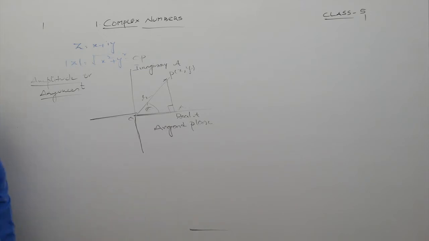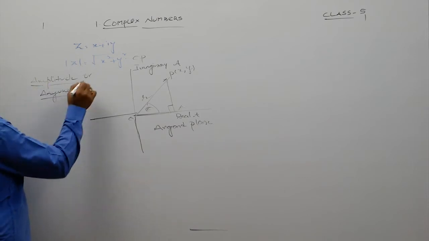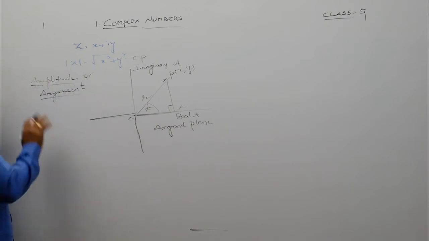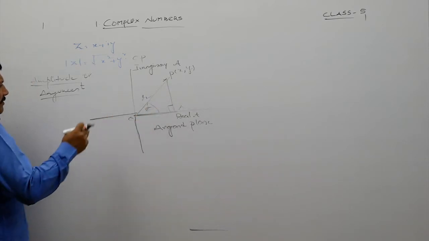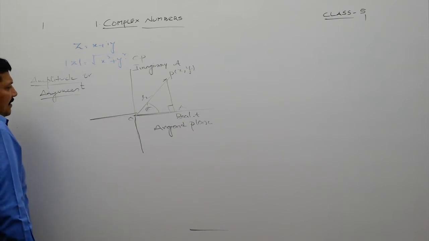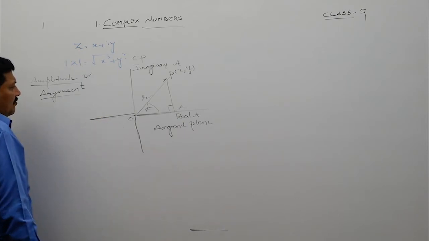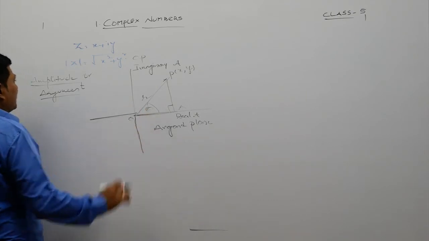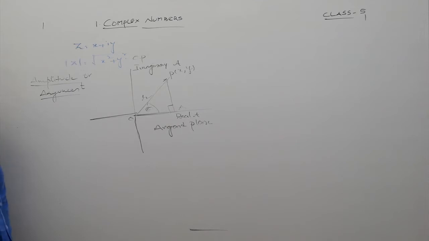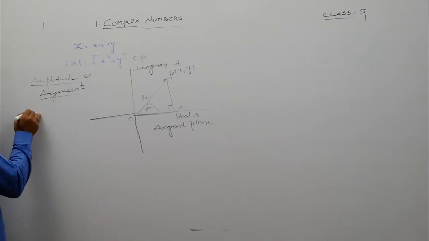And here, most importantly, when we are going to know about what is meant by amplitude or argument, this is the definition you must remember. The line OP bar making an angle theta with the real axis in anti-clockwise direction, or we can say in positive direction, this theta is called as amplitude or argument. And here, as we discussed earlier, this may vary from 0 to 360 degrees, and most importantly the value of theta